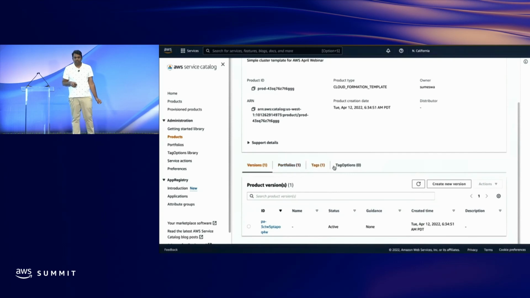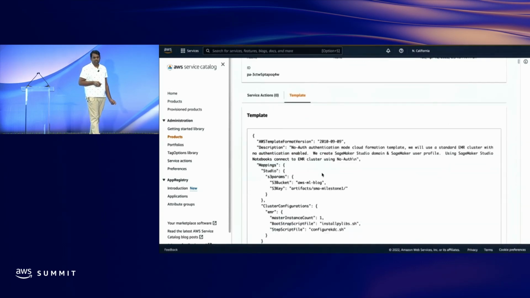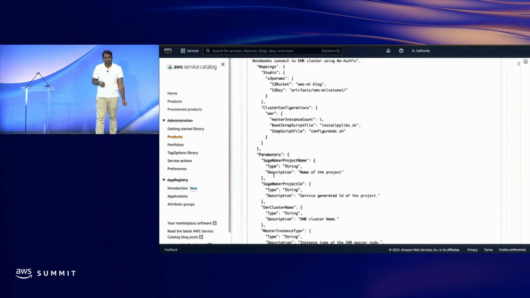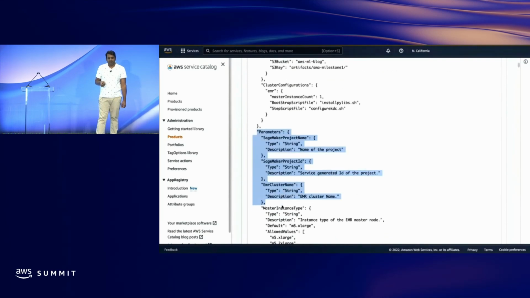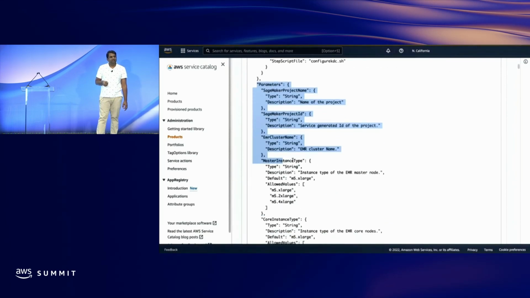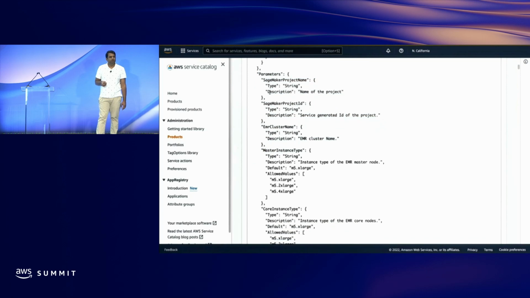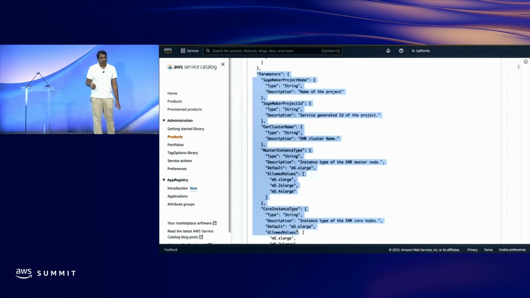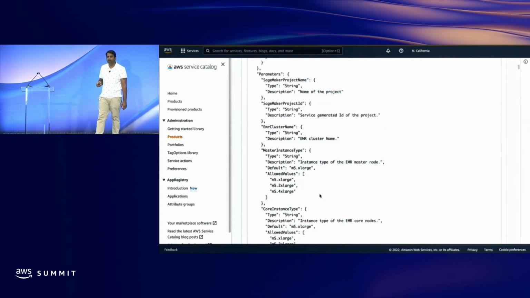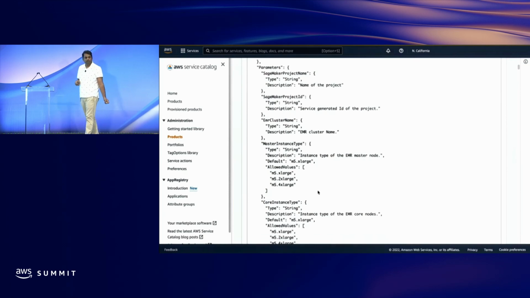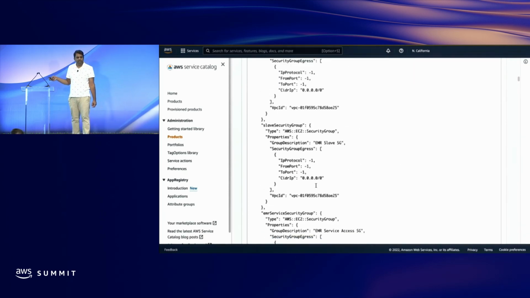This is a product and a template, and you can see it has a section of parameters. So if you see, I highlight this parameters section. This is the section where the administrator exposes whatever parameters the data scientist wants to enter. So whatever parameters he wants to provide to data scientists, he would put into this parameters section. And we have so many other template details for creating EMR clusters, right? So there is information like security group, VPCs, network configuration.